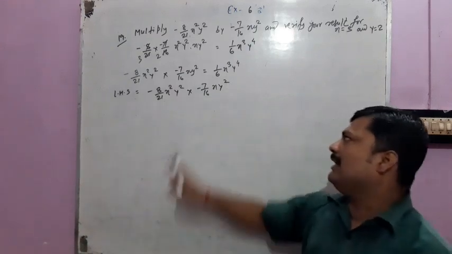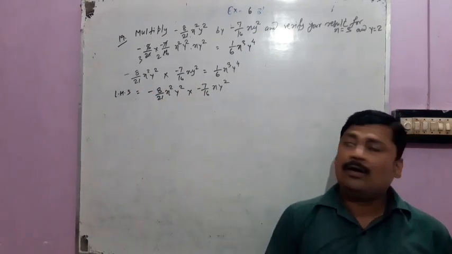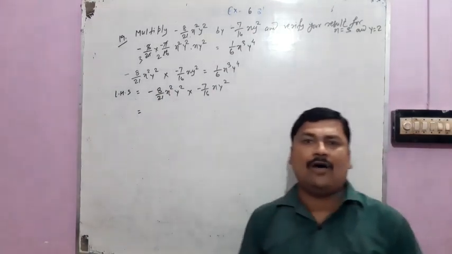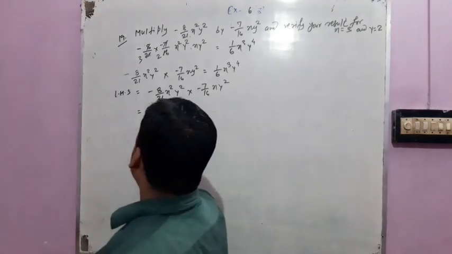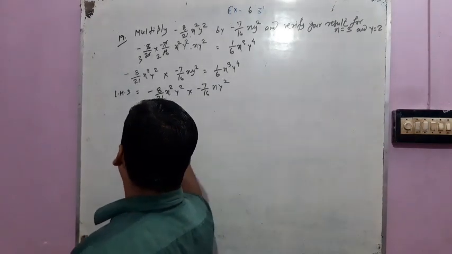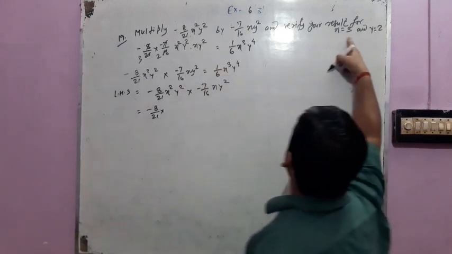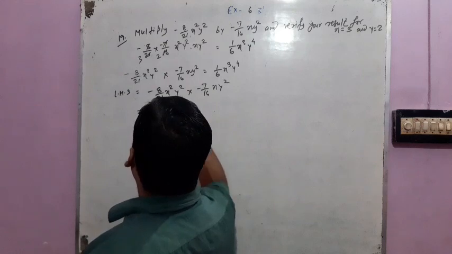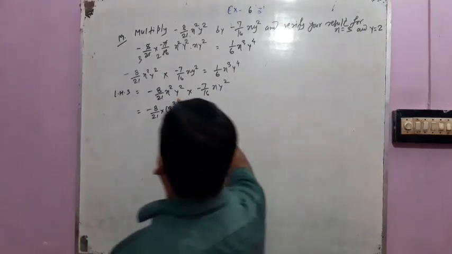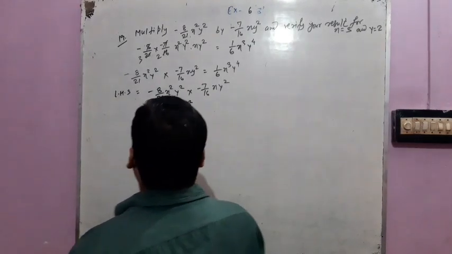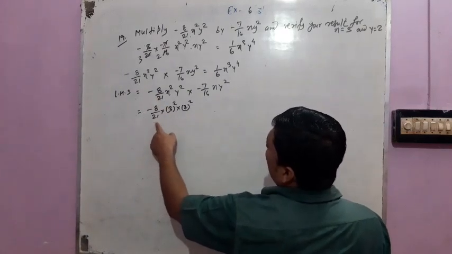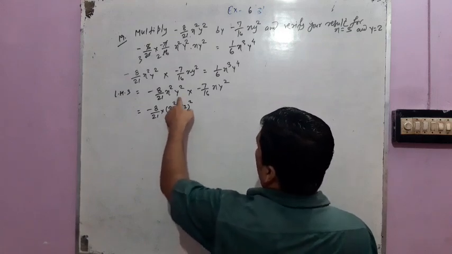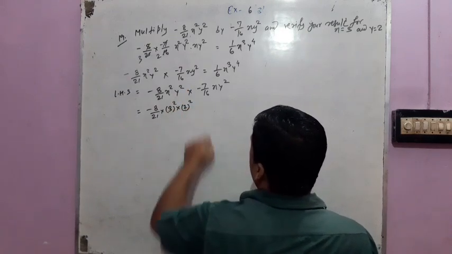Okay students, we have already written the left hand side term. Now we are going to place the value of x and y. So minus 8 by 21. What is the value of x, student? In the question it is given 3. The square of 3. And what is the value of y? 2. So we have to make the square of 2. Okay student, look here. Minus 8 by 21. Here x square. The value of x is 3. We have made the square of 3 here. And then y square. The value of y is 2. So we have made the square of 2.